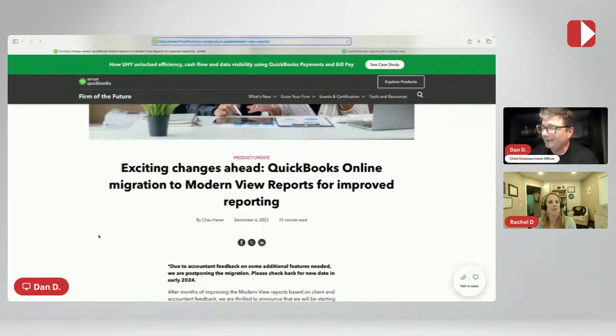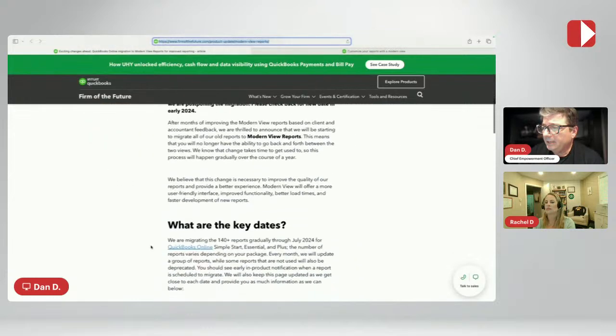Okay, so let's now talk about the topic that we were supposed to talk about, which is all about the migration, or the change to modern view reports here. I've shared a couple Firm of the Future articles in the comments, so you can go in and check on those. But the main thing is,